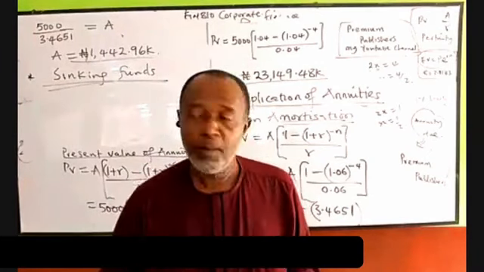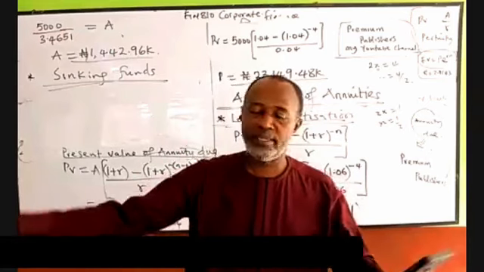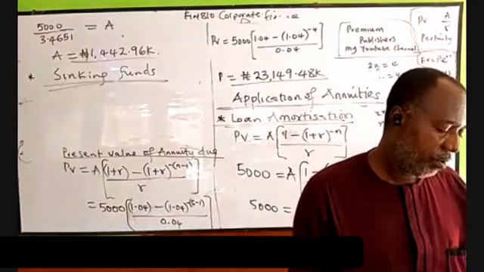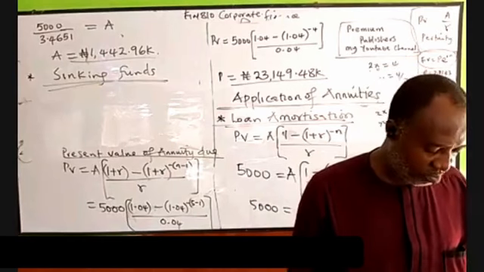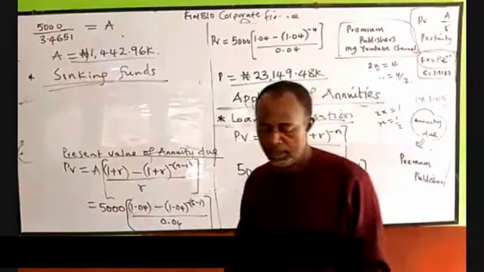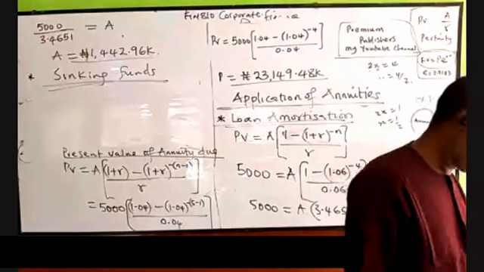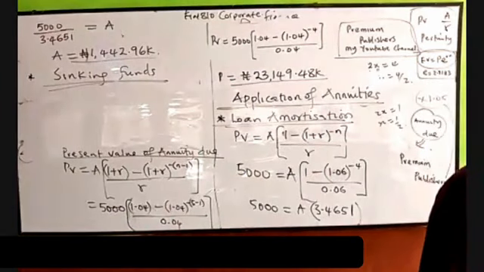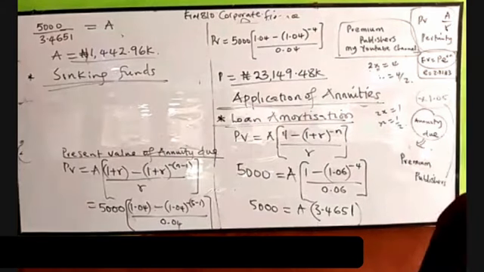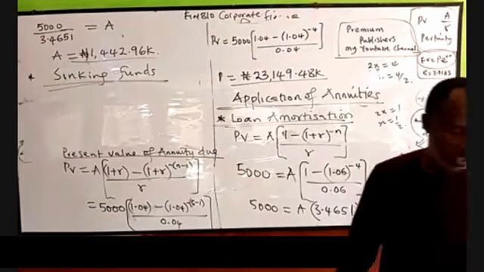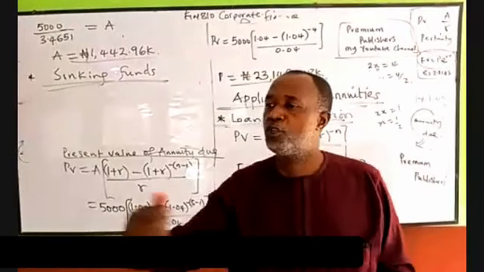Premium Publishers PLC requires $5,000 to replace each non-current asset in 4 years' time. In pursuance